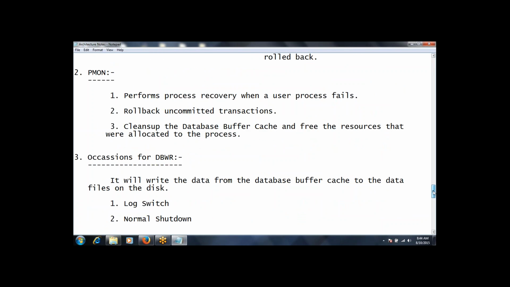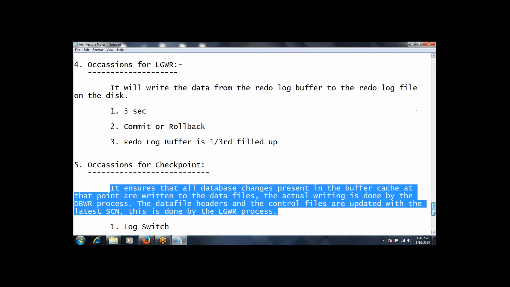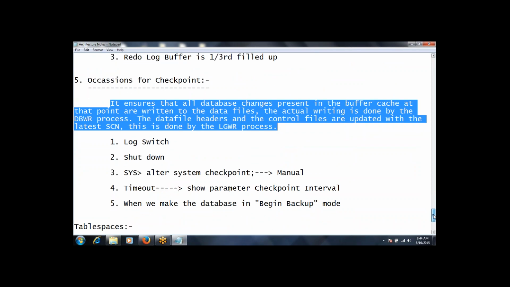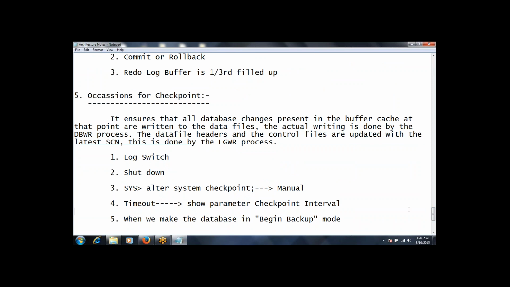SMON, PMON, DBWR, LGWR and checkpoint. These are 5 mandatory background processes. Is it clear now? Any questions till now? Yes. Shall I go further? Yes, please. Okay.